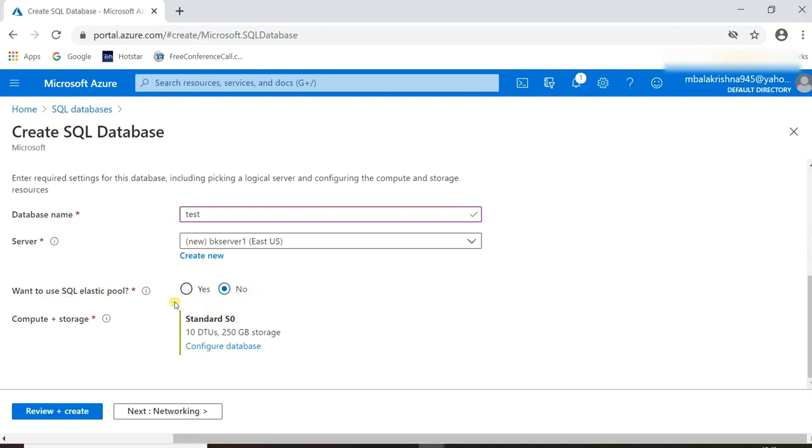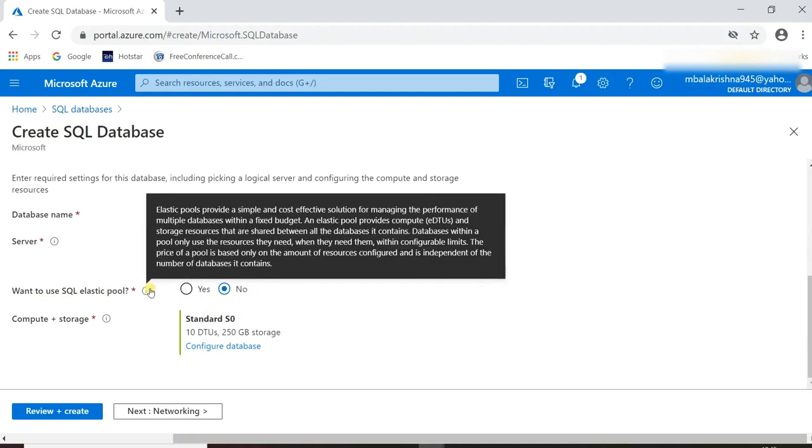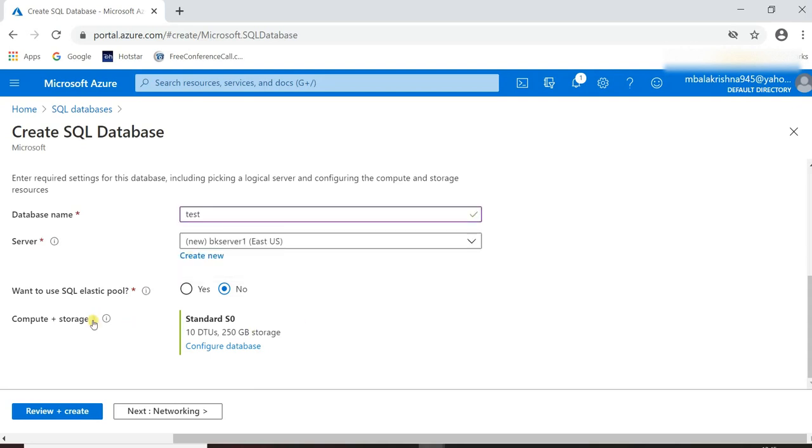If you want to know what Elastic Pool is, just click here. It will give the information. Please read what is there on the screen. And for compute and storage, it is taking Standard S0 with 10 DTUs and 250 GB storage. 10 DTUs means database transaction units. You can configure.